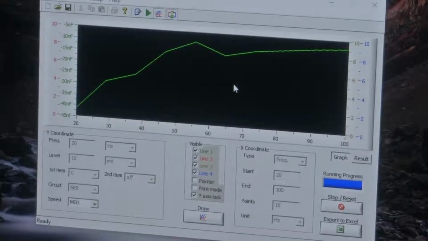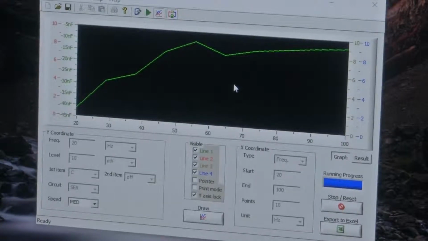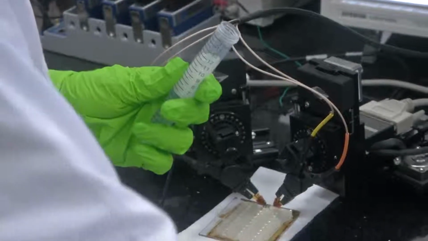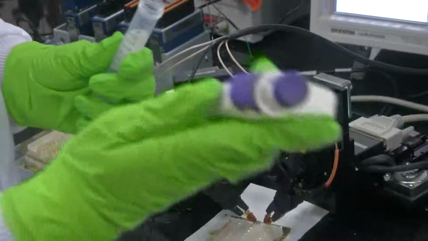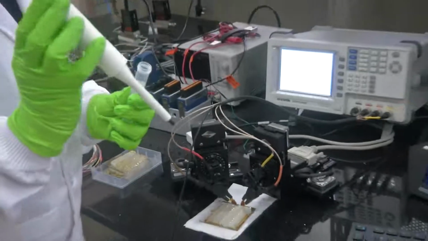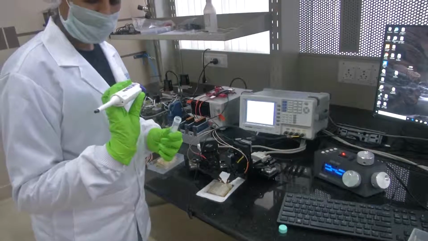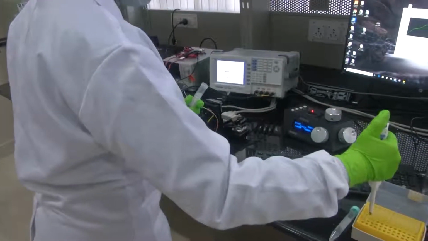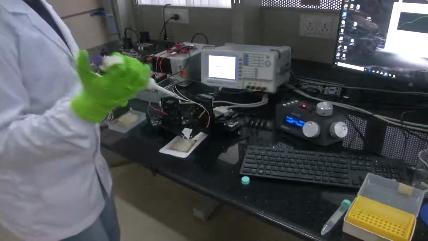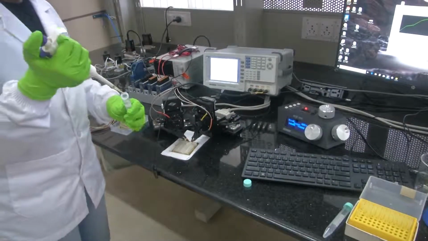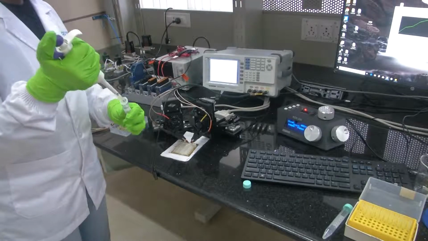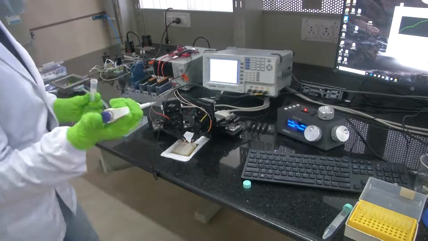Now let's say I fill that with water. Here what I have is DI water. I would use a micropipette. So this is a pipette here in my hand, and then let's use 100 microliter. 100 microliter of DI water is taken in this pipette.